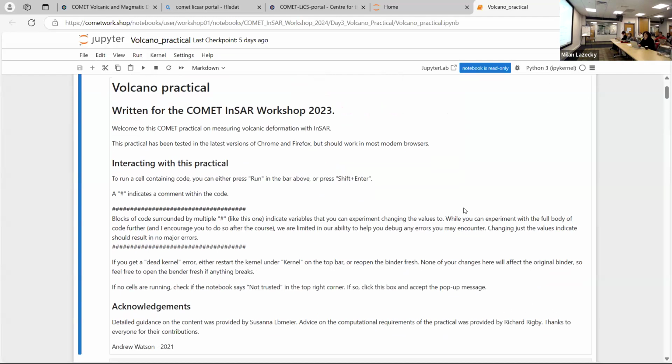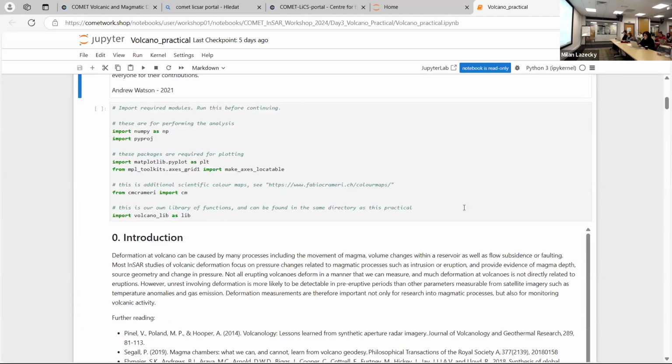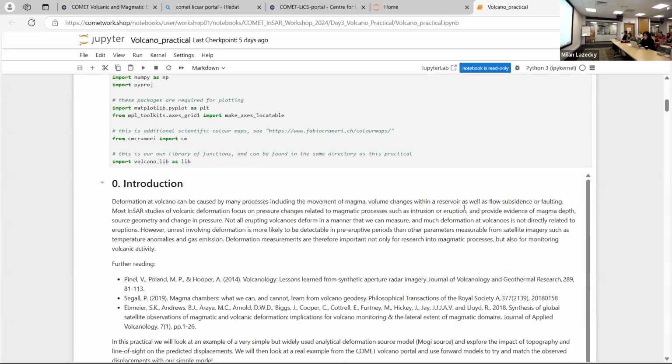There are a lot of analytical models out there for volcano deformation. If you make it as simple as you possibly can, we start with the MOGI model, which was by someone called MOGI, and it's a point source. It's almost like a little sphere, and it represents the magma chamber beneath the surface.